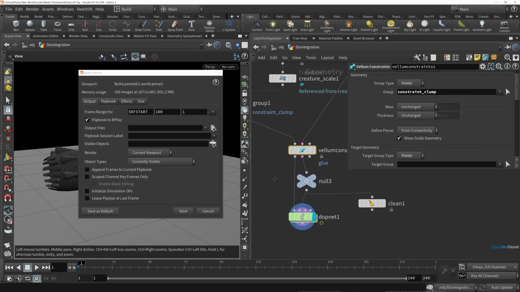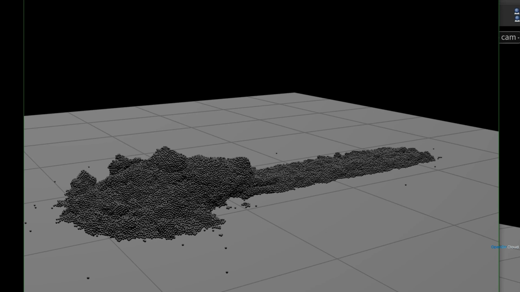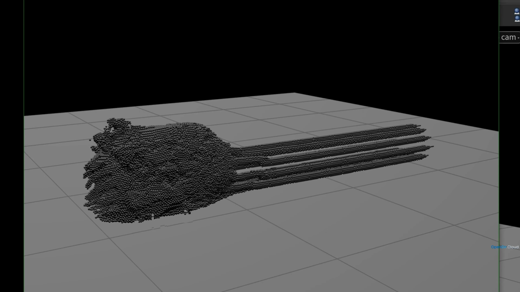And this may be because we need to get a more thorough constraint network with all the grains connecting to each other a bit more. And we can also try increasing the stiffness a bit further to try to tighten that behavior up as well. So back on the vellum constraints here, I'm going to just turn up the stiffness again by a factor of